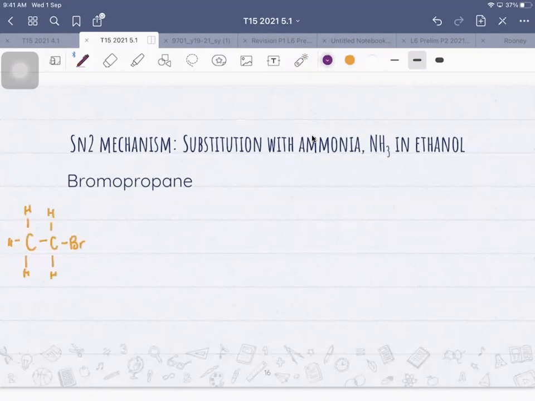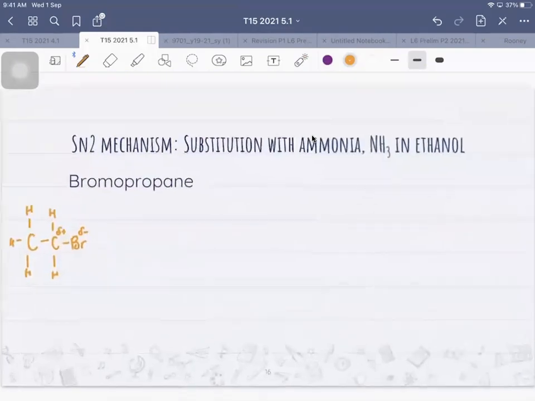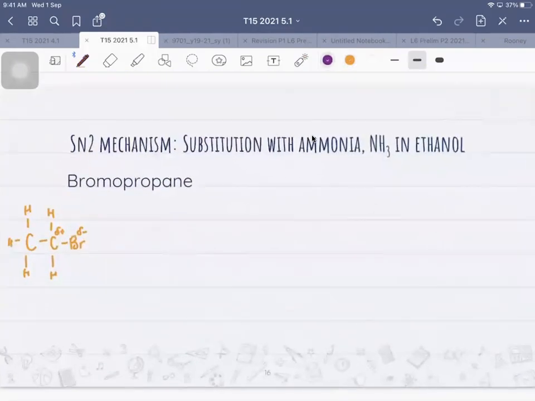Okay, so SN2 mechanism, complete your diagram with the dipoles, and the 2 in SN2 means that there are 2 species involved in the first step. So that means the nucleophile should come in to attack. Sorry, it's not oxygen. It should be ammonia,